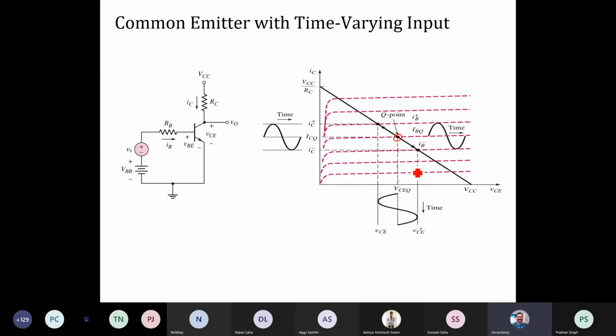Now, since a time-varying component has been added onto this base to emitter terminal, it will induce a time-varying signal. A time-varying component of the base current will also be added, and this would give rise to the time-varying component